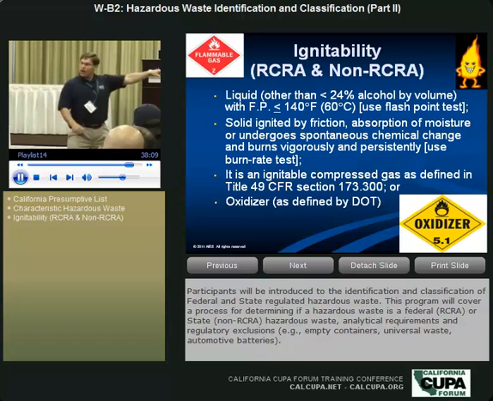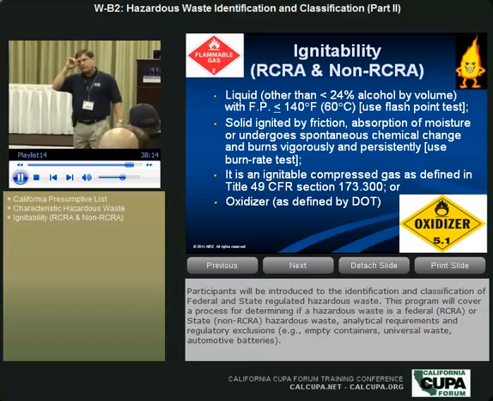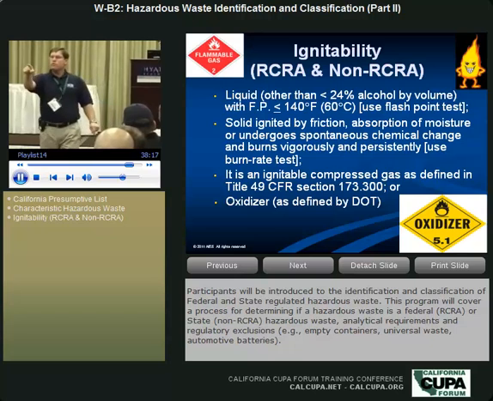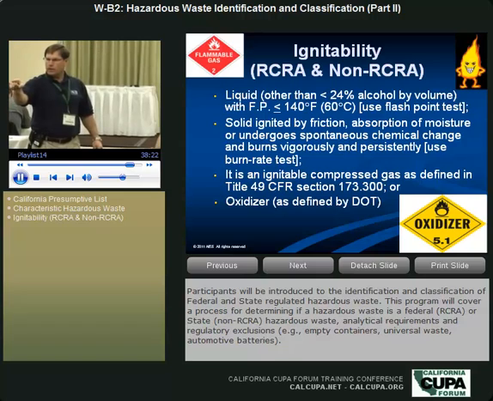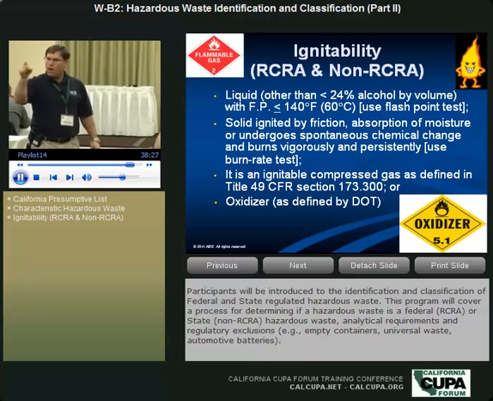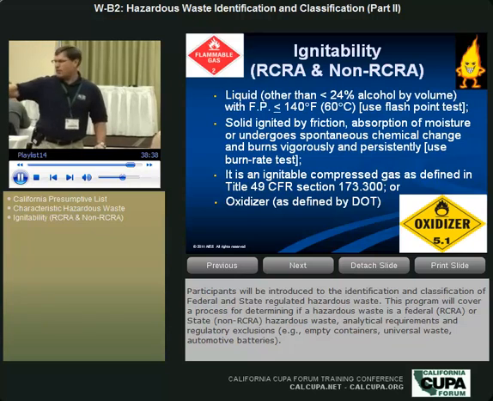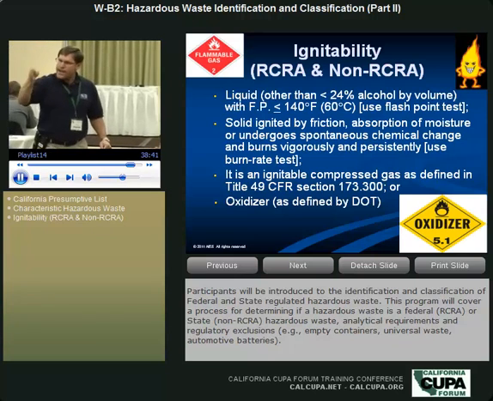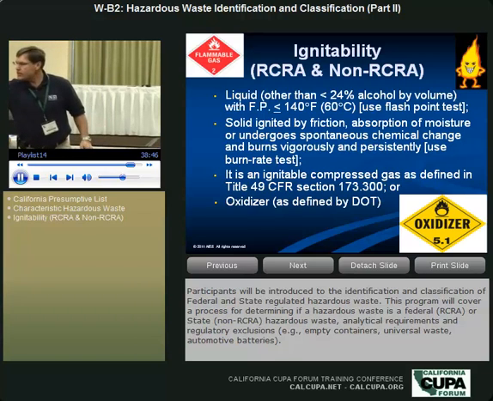And then we had acetonitrile over here, and MEK, and okay, you answer your own question. Would it be a D001? Yeah, and why? What makes it ignitable? Because what? Acetone is listed, but it's not that it's listed. Why is that ignitable? Why would that be a hazardous waste? The flashpoint, because